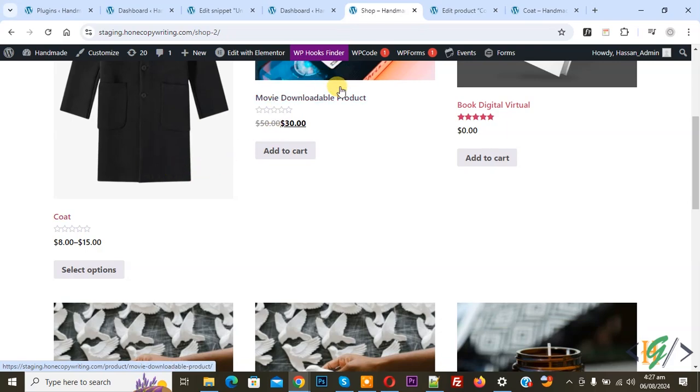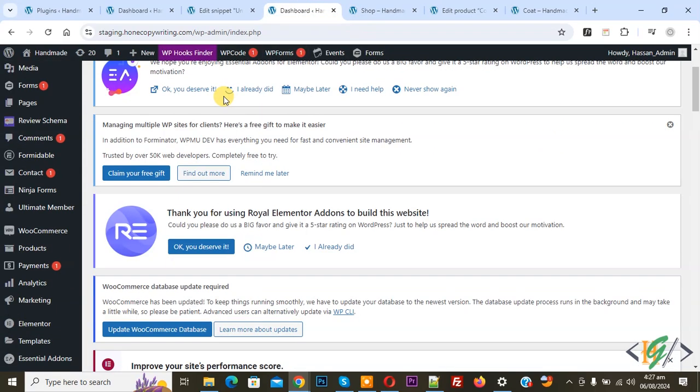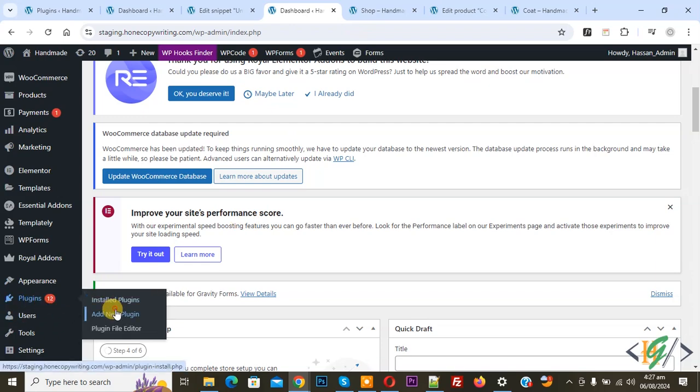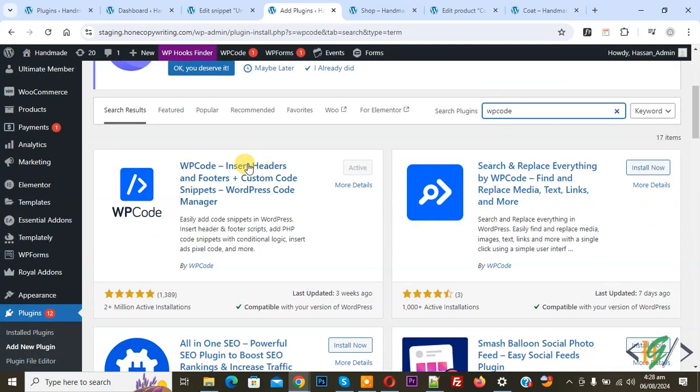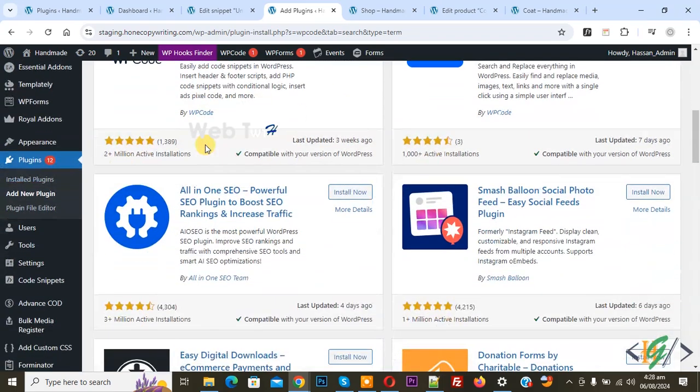Now go to dashboard. On left side you see plugin, so click on add new plugin. Then in search plugin write WP code. So this is plugin WP code, Insert header and footer we will use. So you will install this plugin and activate it, and after activation on left side you see code snippet and